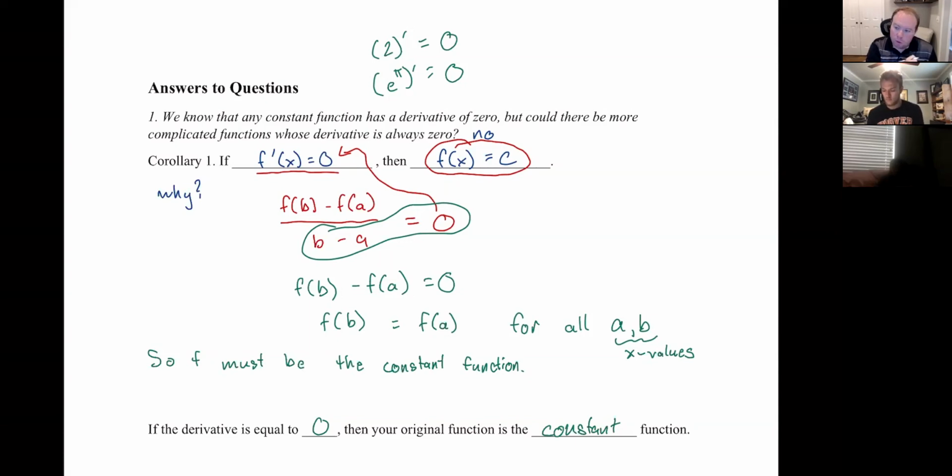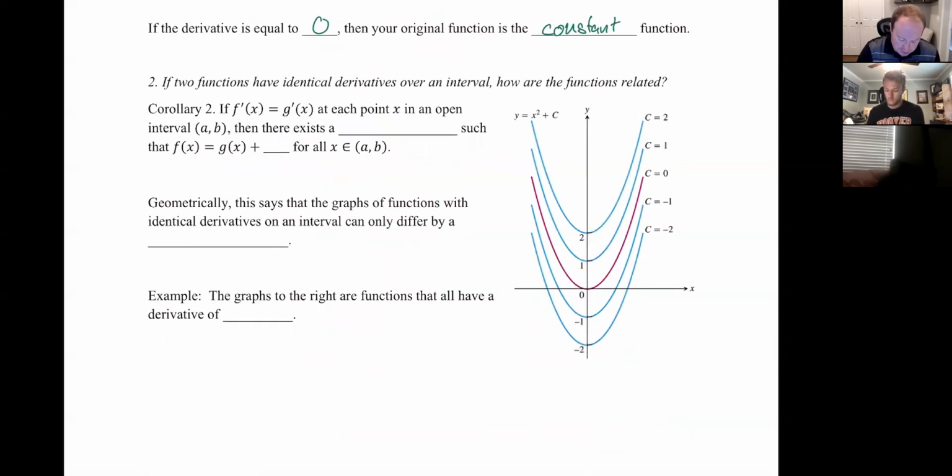So the other question we want to go ahead and answer is, if two derivatives are identical, how are the functions related? And honestly, you may have actually noticed this as you've just gone through exercises, and maybe you even noticed it last time when I put a few up on the page. So if two functions have identical derivatives, here's the corollary. We're saying their two derivatives are the same at each point x in some open interval, then there exists a constant,